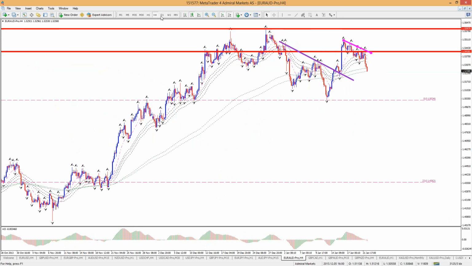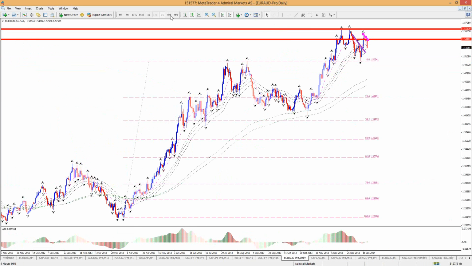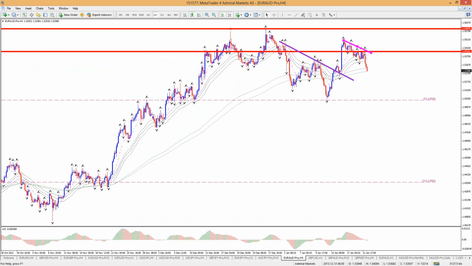Well, it could be weakness. Let's face it, I think everyone would agree that that's a potential kind of topping formation, especially now that we're